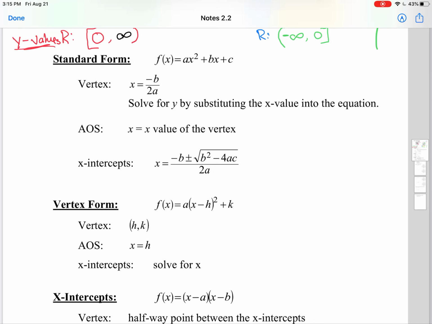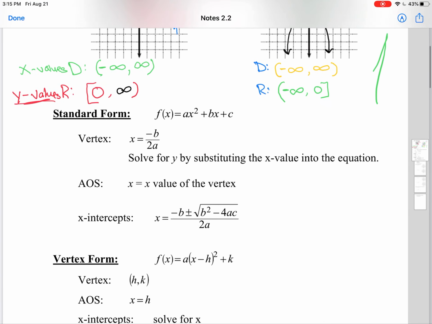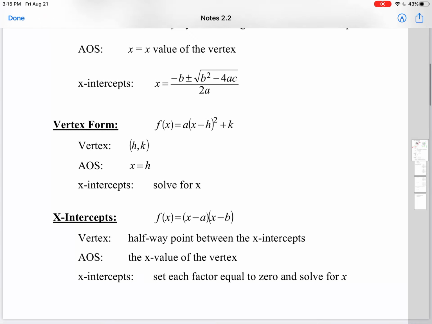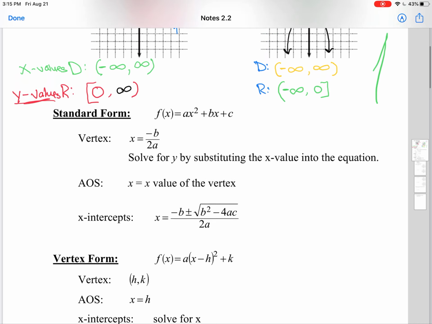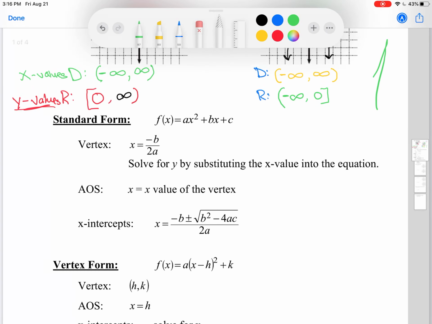Okay. Here we have standard form. There are 3 forms of a quadratic function, and those forms consist of standard form, vertex form, and x-intercept form. So we will go over a few key features of standard form and move on to our vertex and then our x-intercept. So to get us started on standard form,